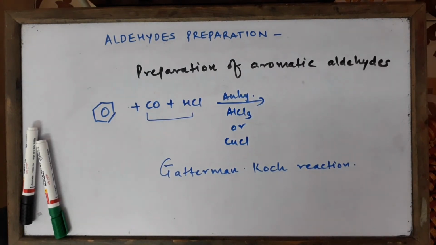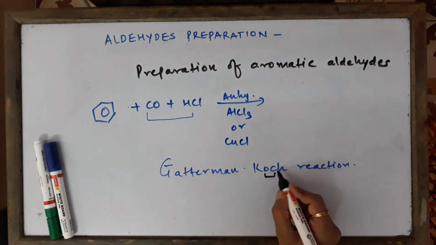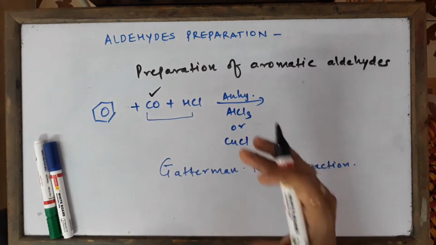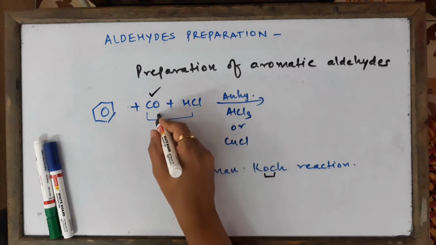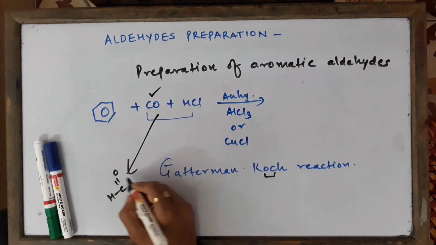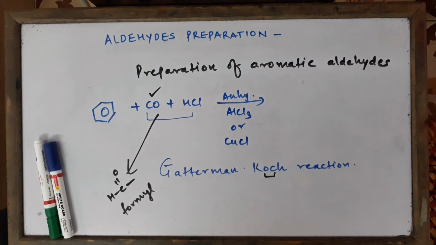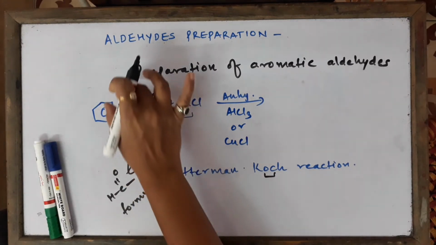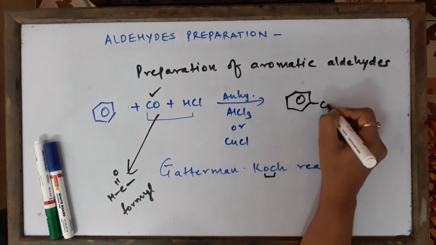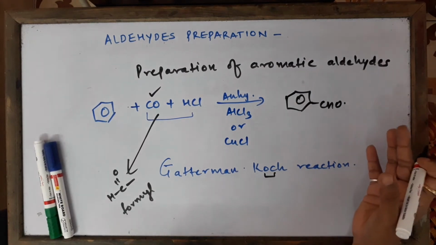Here it's very simple. Look at the name of the scientist, Koch, CO. You can see CO, so that will remind you something for the exam. Koch reaction means I'm going to use carbon monoxide plus hydrochloric acid. Carbon monoxide plus hydrochloric acid basically give you this kind of group, which is called the formyl group, the aldehydic group. So directly this formyl group gets added on the benzene ring and we get benzaldehyde as the major product. That's a very simple reaction. There's nothing much challenging over here.